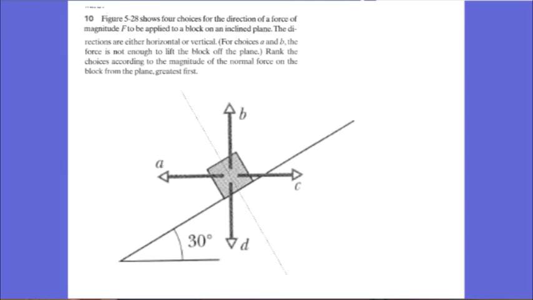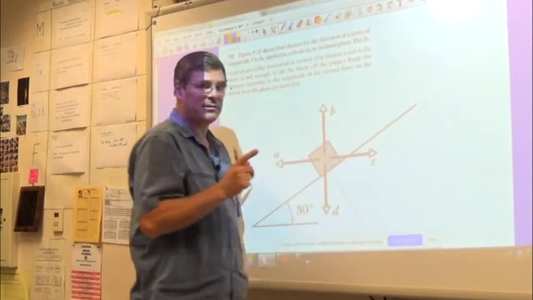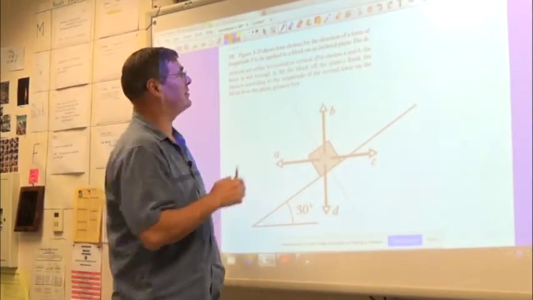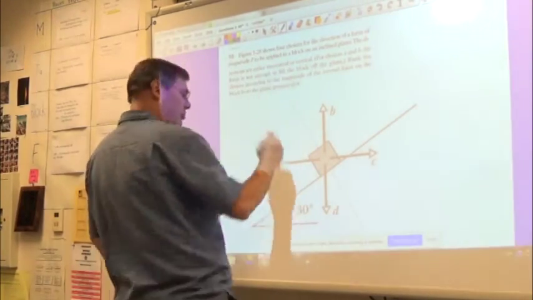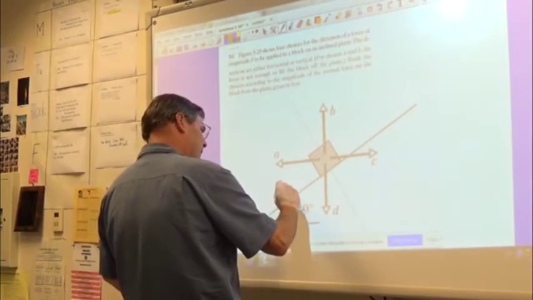Okay, so here we've got a block on a ramp, and we have 4 possible forces. 2 of them are vertical, 2 of them are horizontal, and we want to rank each situation A, B, C, and D by which one has the greatest normal force down to which has the smallest normal force. So a little trick about doing these incline problems is to let the direction of possible motion be the x-axis. So if I draw this as the x-axis here,